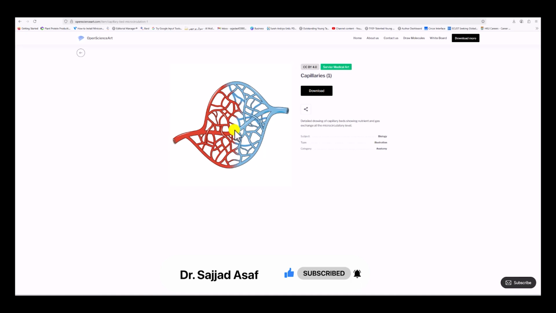So this was our detailed review of the top five software for scientific illustration and graphical abstracts. What we discussed here: BioRender for high quality, easy to create scientific illustrations; then NIH BioArt for interactive 3D models in biomedical research; and the third one was BioIcons, open source icons to enhance your diagrams.